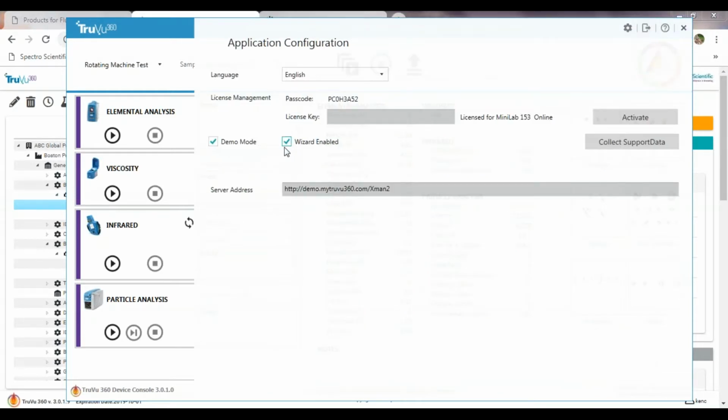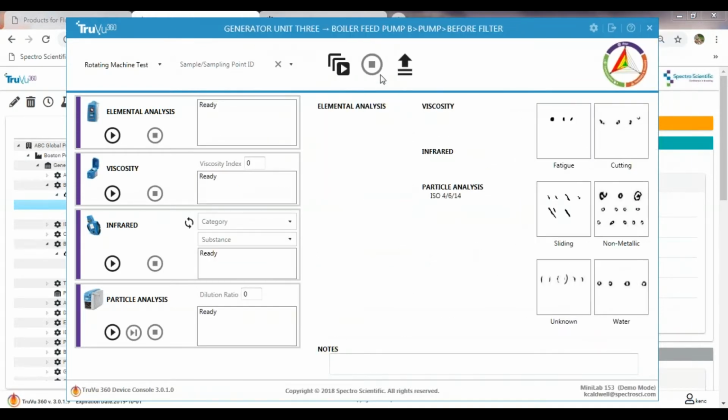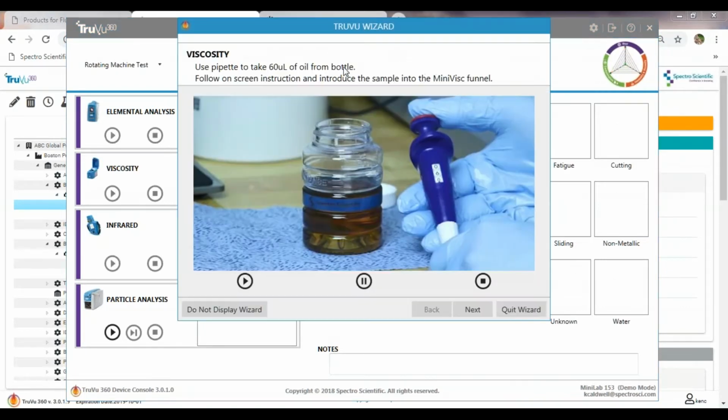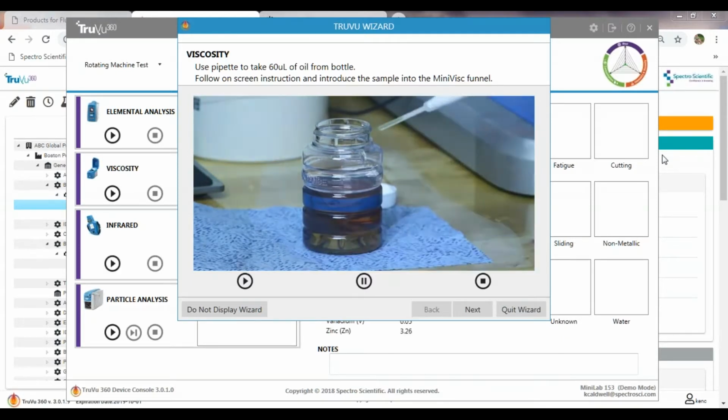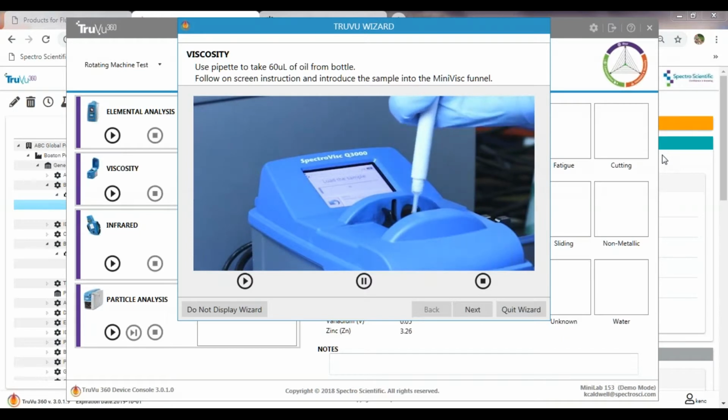And so finally, I'm going to do the wizard enabled now. I'm going to try to walk through this process where I'm going to run measurements. All right, so now this wizard will guide you through the process of both the sample preparation as well as the measurement. I want to point out that the text here is localized. So of those 6 languages that I showed, when you select the language, that will display the appropriate text in the local language. So I'm just going to fast forward through a lot of these